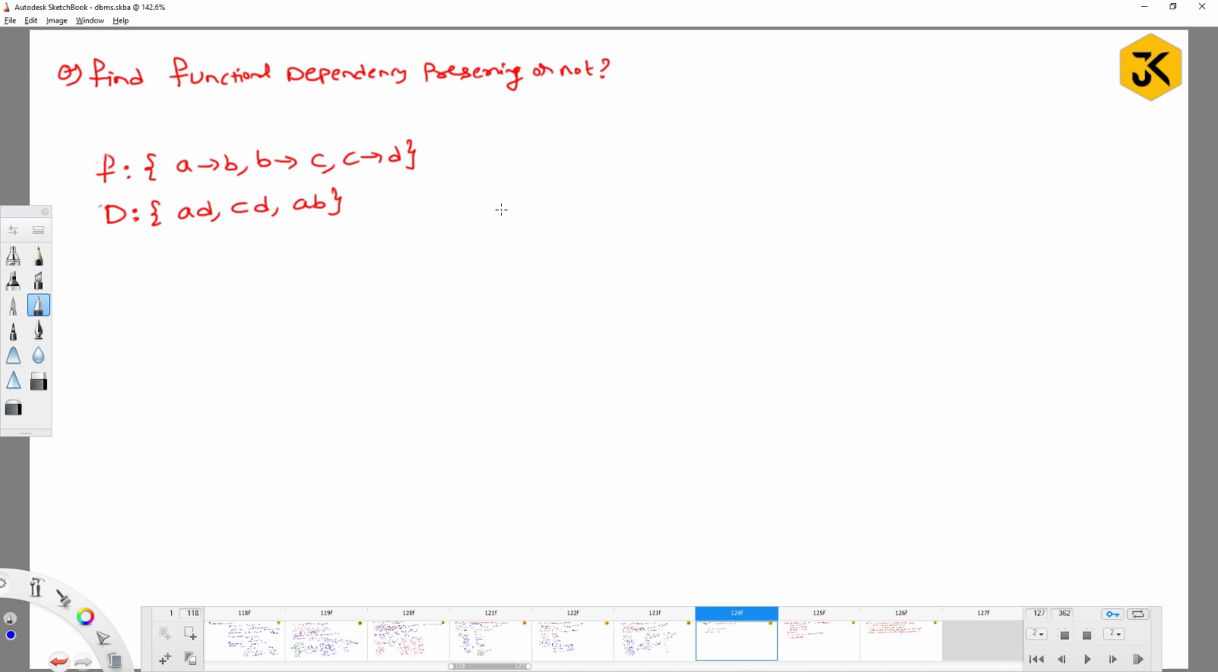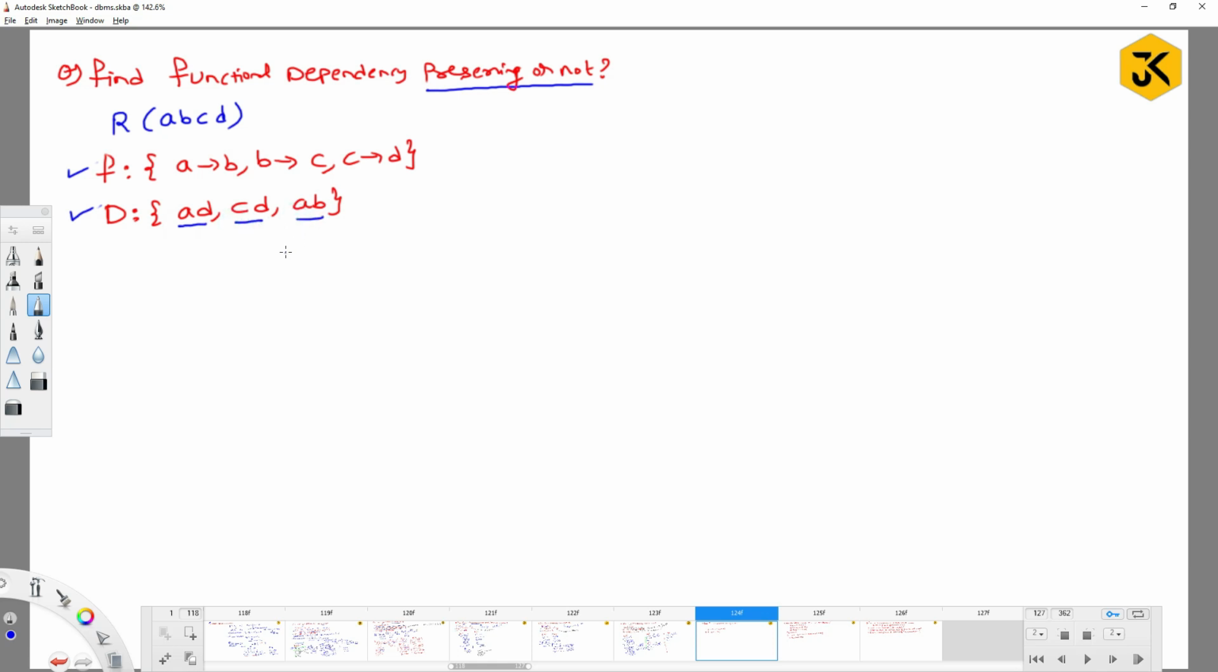Hi everyone, let's see one of the questions on functional dependency. Find whether the given decomposition of relations is functional dependency preserving or not. Here they have given the relation R with the set of attributes A, B, C, D, and the set of functional dependencies F. The set of decomposed relations D contains four relations AD, CD